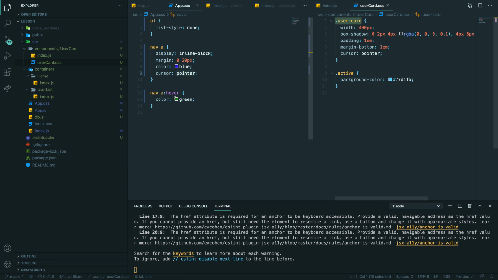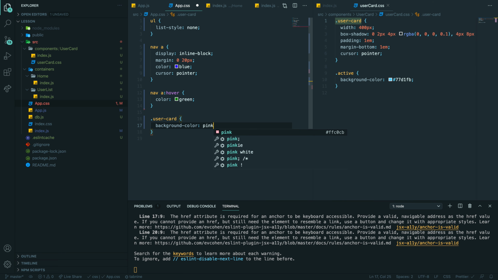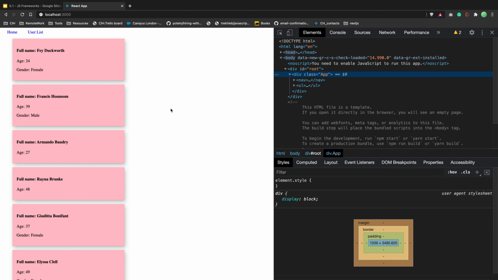And I will change in my app CSS, accidentally, a similar class. I will set background color to, I don't know, pink by default. And now it overwrites all my cards, right?